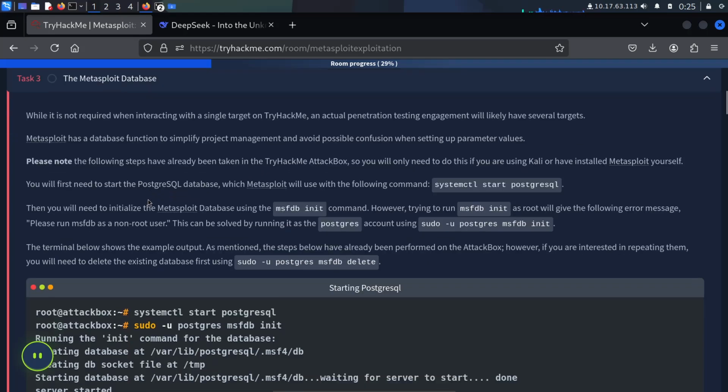Please note the following steps have already been taken in the TryHackMe machine, so you will only need to do this if you are using Kali or have installed Metasploit yourself. You first need to start the PostgreSQL database, which Metasploit will use, with the following command: systemctl start postgresql.